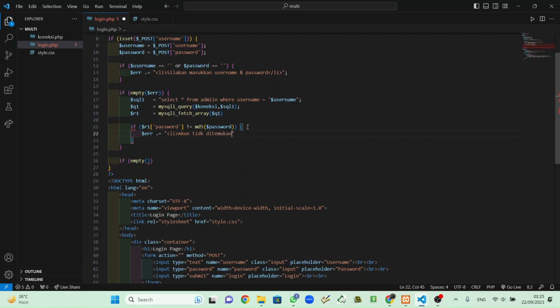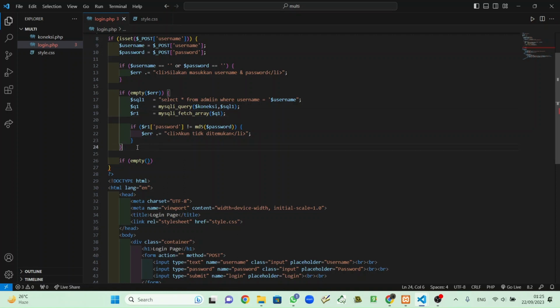Ditemukan. Okay, save and put after that semicolon, and also in this way semicolon, save,